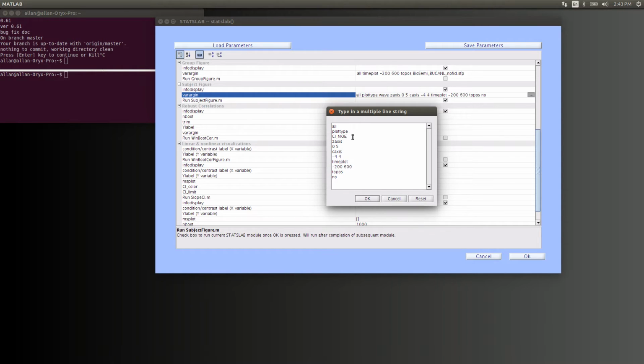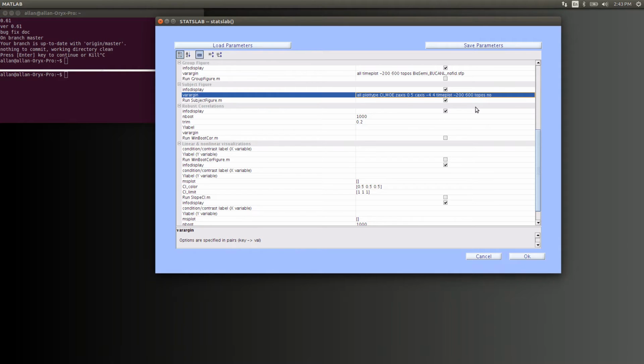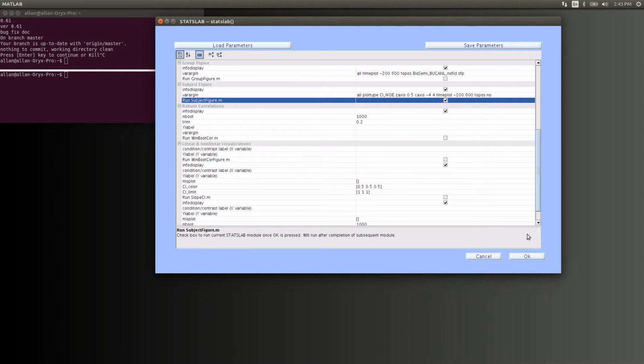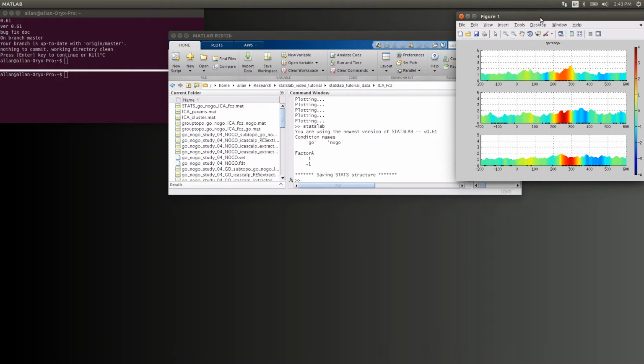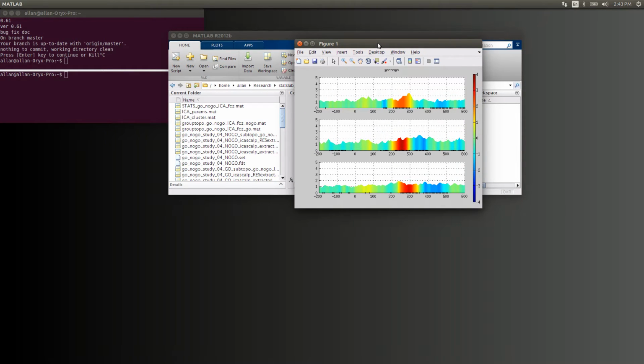CIMO, which stands for confidence interval margin of error. Okay, and then there's a couple of other pairs of options that control how all of the axes look. Okay, and you can read about that in the documentation. And again, topo's no, because we already did it once. Okay, so I think that's good. Let's run it. Awesome. So this is CIMO, or confidence interval margin of error plot, where the color bar here